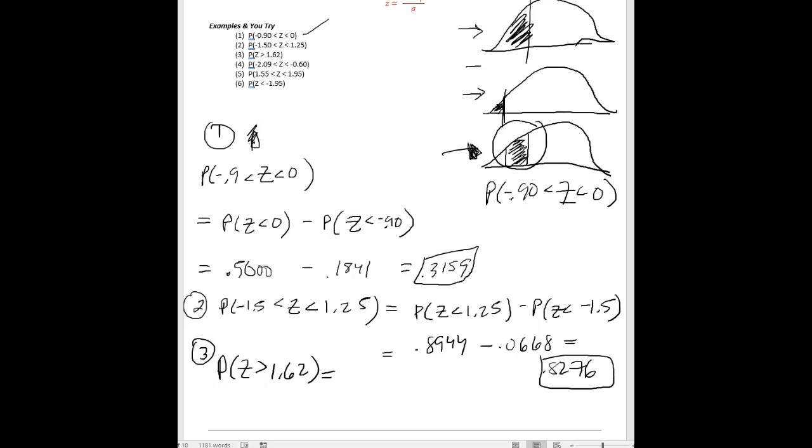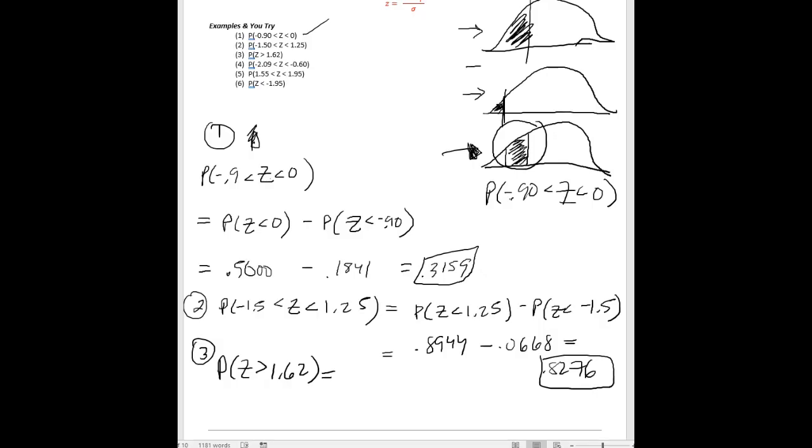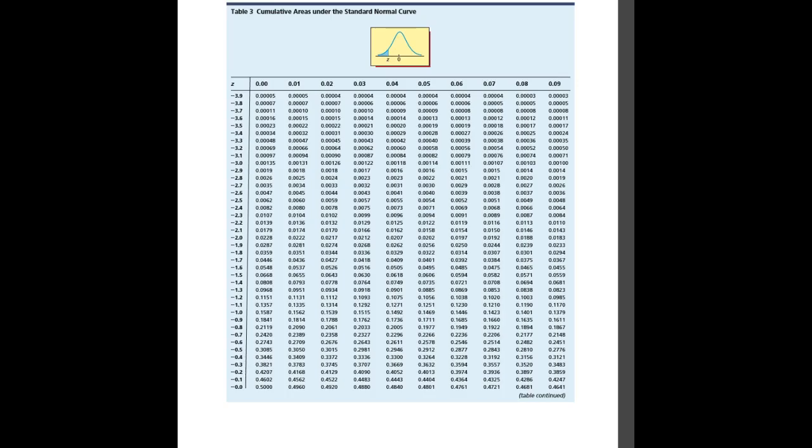Our table is always giving us less than probabilities because of the cumulative nature of it, because it's always up to a point, not past the point, not above the point. But what we can do is say, well, we know the properties of this probability distribution function. We know that the total area under the curve is 1. So in order to find the probability that z is greater than 1.62, this is just equal to the total probability minus the probability that z is less than 1.62. Okay? So it's just going to be 1 minus,